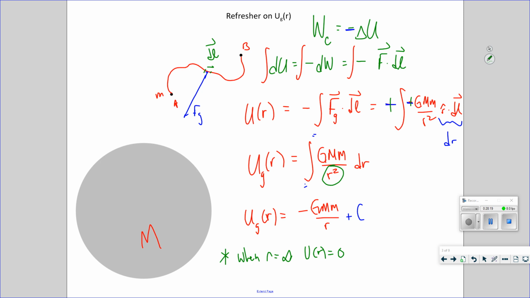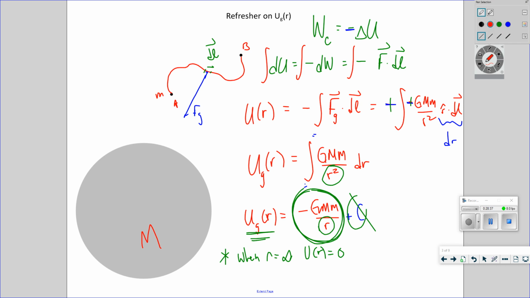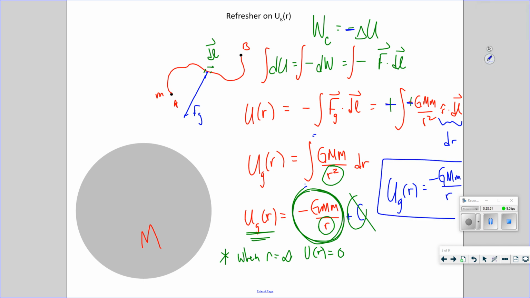So when r is infinity, that means this gets really big, then this gets to be 0. Well, when r gets really big, when r approaches infinity, this does approach 0. So when this approaches 0, this approaches 0. That means that c is irrelevant. C is 0. So that defines for us something that maybe some of you have seen before, that gravitational potential energy as a function of r, by definition, goes g product of masses over a single factor of r.